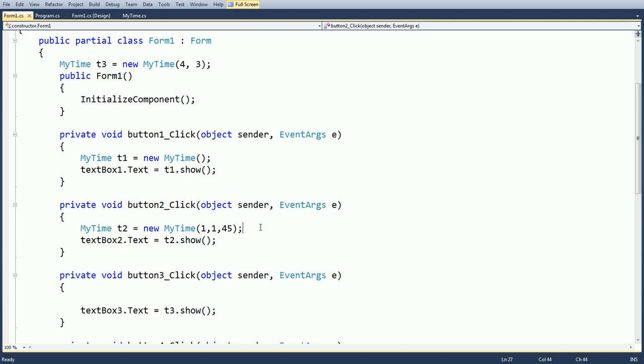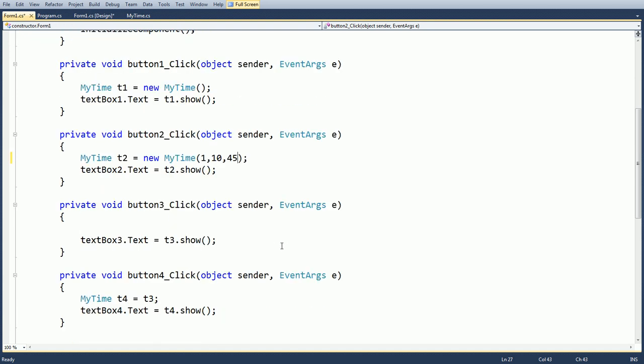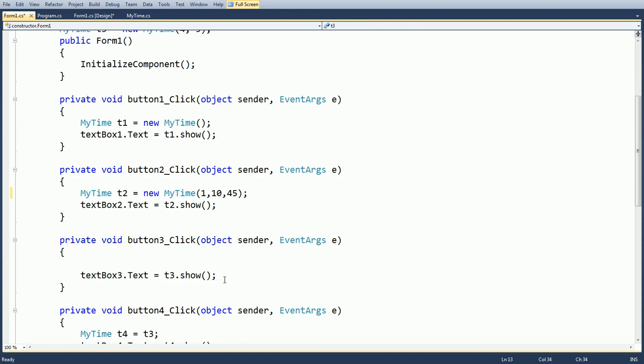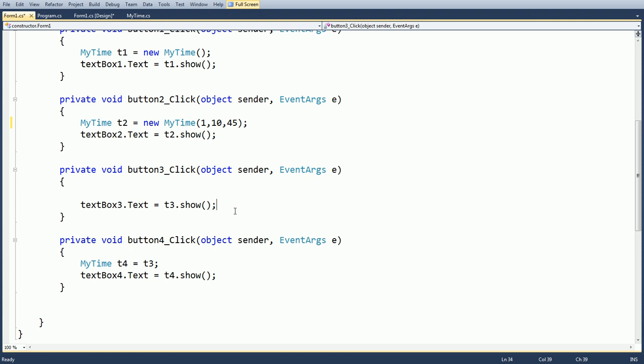After clicking on the second button, we have three parameters: parameter 1, parameter 2, and parameter 3, that is hours 1, minutes suppose 10, and seconds 45. And after clicking, here we use a third object. The value of the third object.